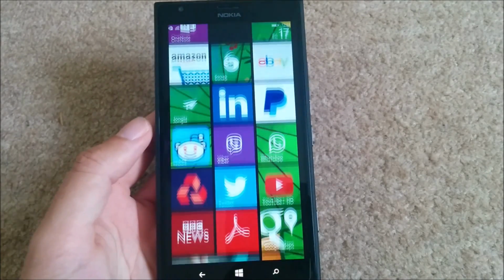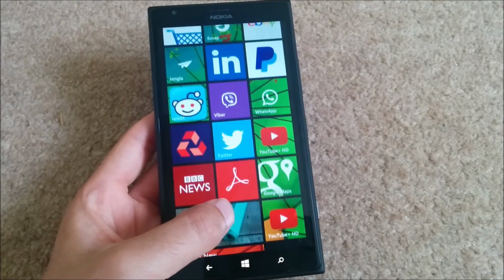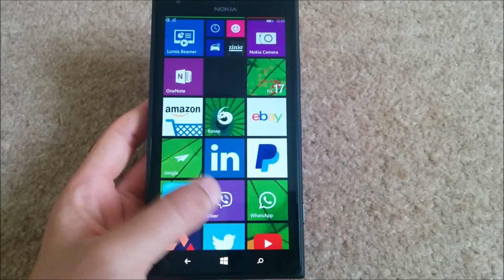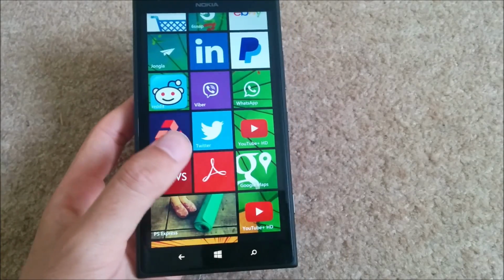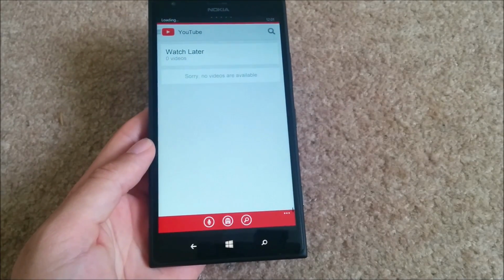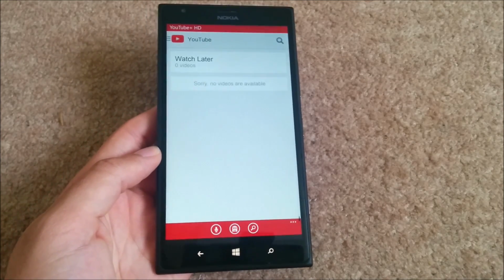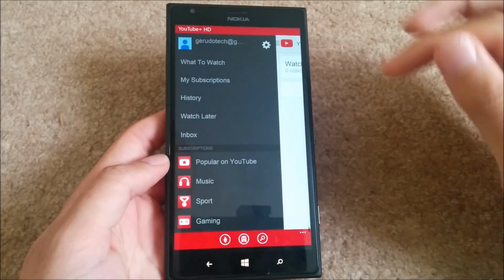And I think in regards to the software scene, Windows Phone continues to improve, and I've said that quite a few times already. But as you can see, you get all the main stuff that you need on there, as well as the YouTube app. There are quite a few YouTube apps on there, but it seems to be improving all the time. This one looks like quite a decent one. It's called YouTube Plus HD, and